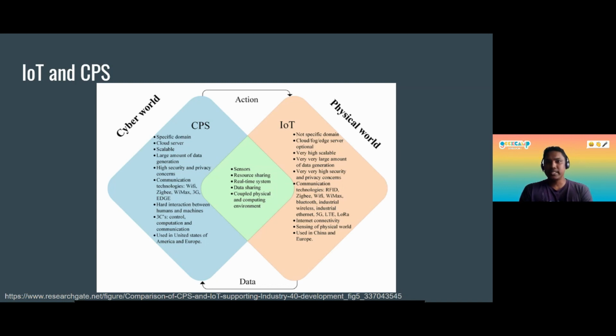In these five common things, what matters the most is the real-time system, which means the real-time scenario for decision making. Otherwise, it doesn't really make sense if you don't have that real-time element.